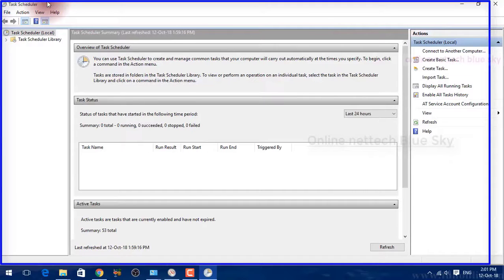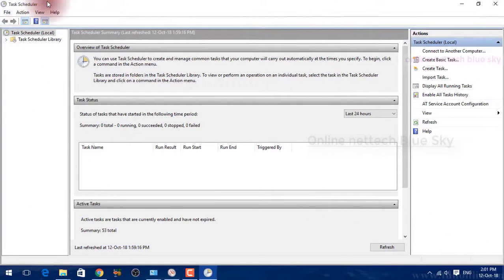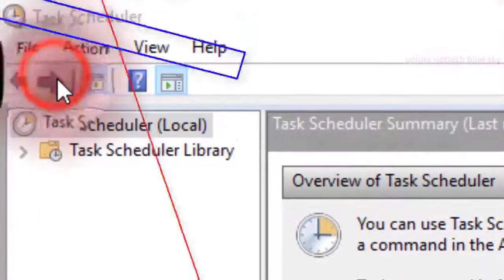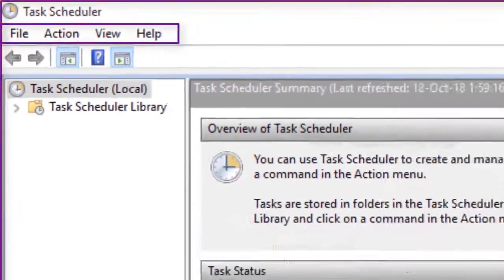You can send your email with the timing duration. For example, at 2 p.m. it automatically sends your email to an email ID, and different types of email. Okay, so first I'm just talking about this menu here.